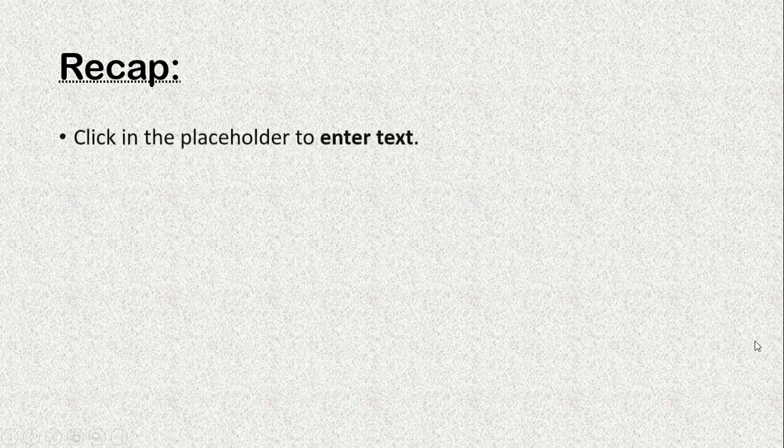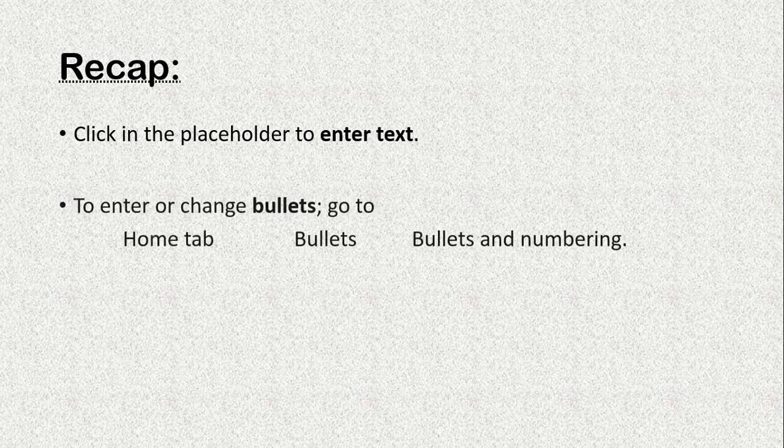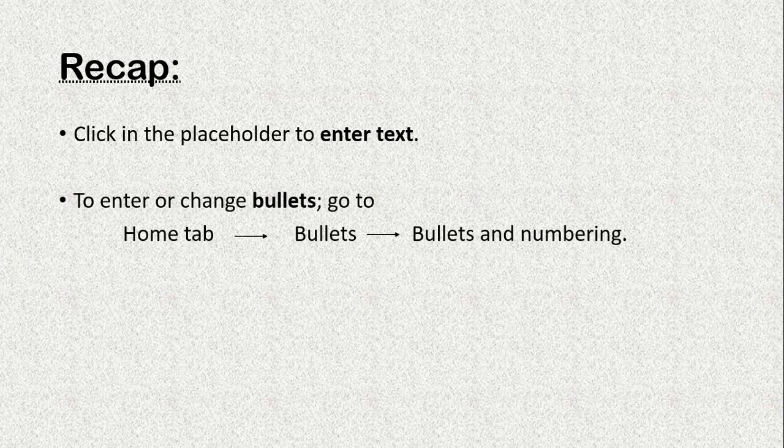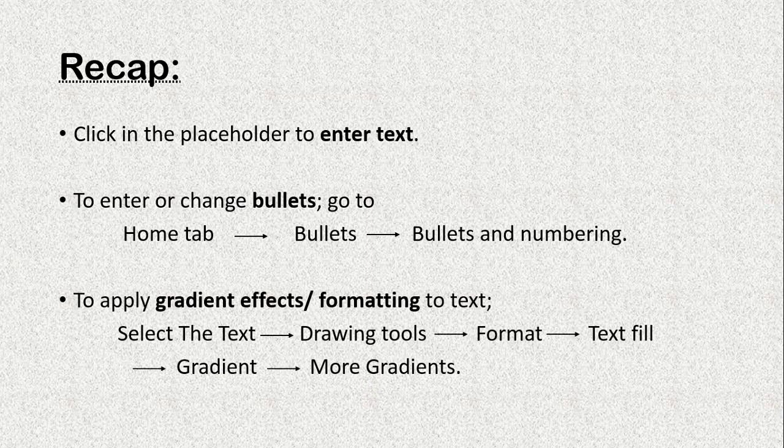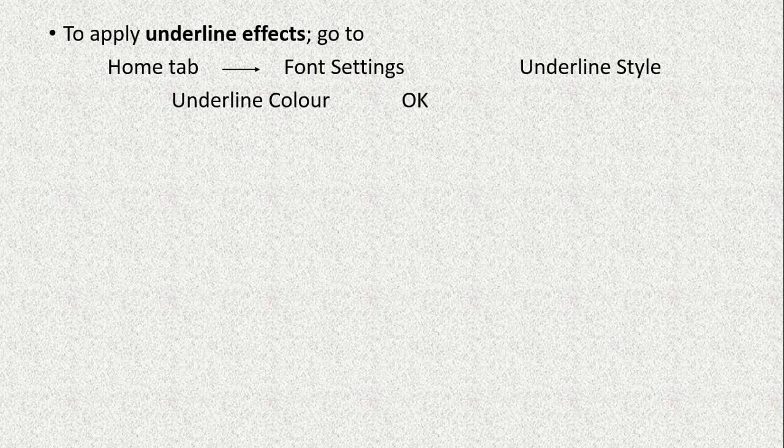Now let's do a short recap of the lesson. First, click in the placeholder to enter text. To enter or change bullets, go to Home tab, Bullets, and then Bullets and Numbering. To apply gradient effects or formatting to text, select the text, then go to Drawing Tools, Format, Text Fill, Gradient, and More Gradients. To apply underline effects, go to Home tab, then Font Settings, Underline Style, Underline Color, and click